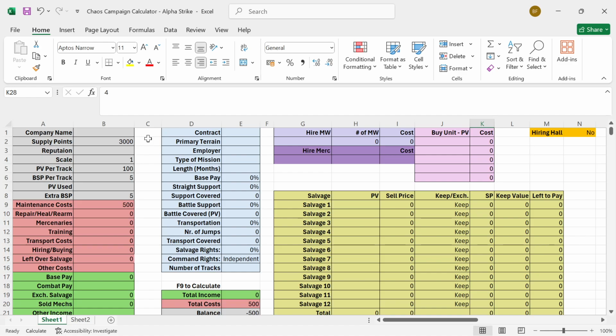All right. First, a few more disclaimers. This isn't a program that will run your campaign for you. It's just a calculator. It takes the numbers that you put in and gives you the answer for it. It doesn't know a whole lot of stuff, right? And it's possible that you can just screw around with this and put in stuff wrong, and it's not going to catch it. So, yeah,